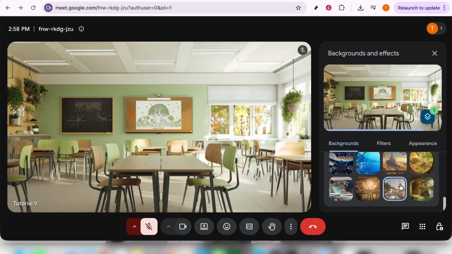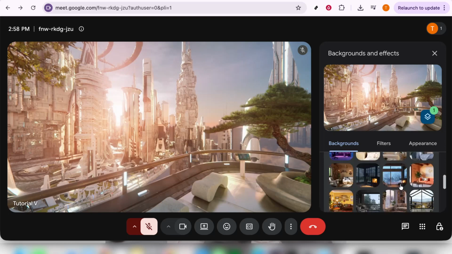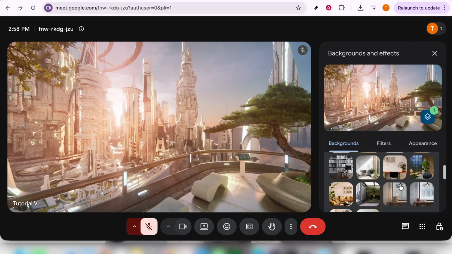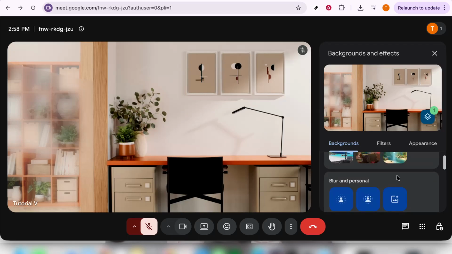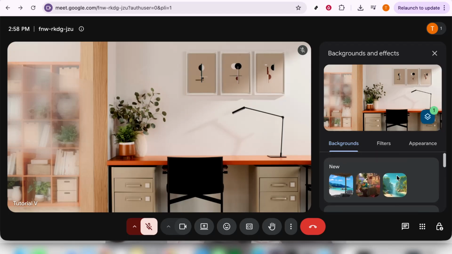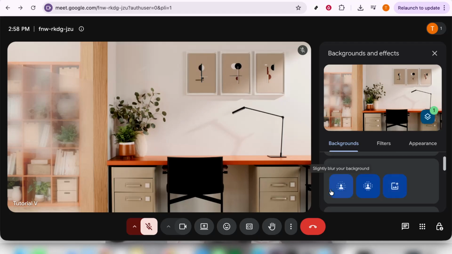This is helpful because some backgrounds may look better than others depending on your lighting and camera quality. If the effect doesn't look quite right, try another option with a simpler design or better contrast. It's also a good idea to make sure your face is well lit and that you stay centered in the frame. Background effects usually work best when the camera can clearly detect you. If your computer is older or running slowly, some effects may take a little longer to apply, and that's all